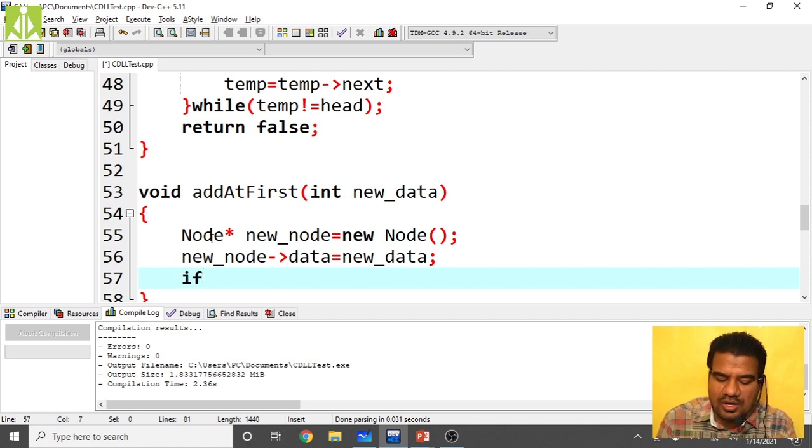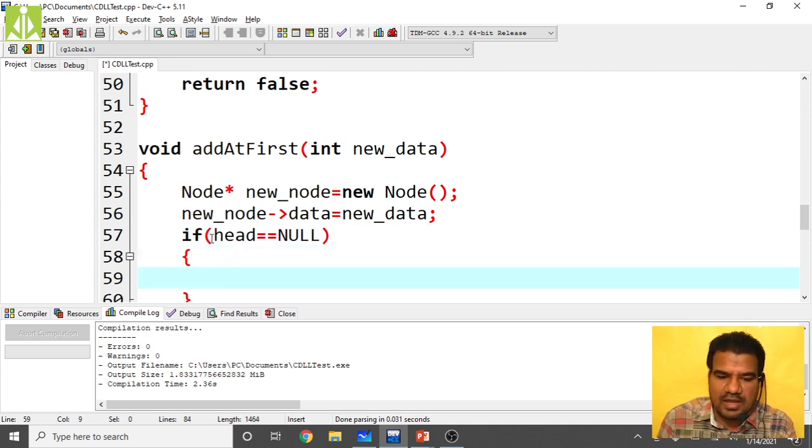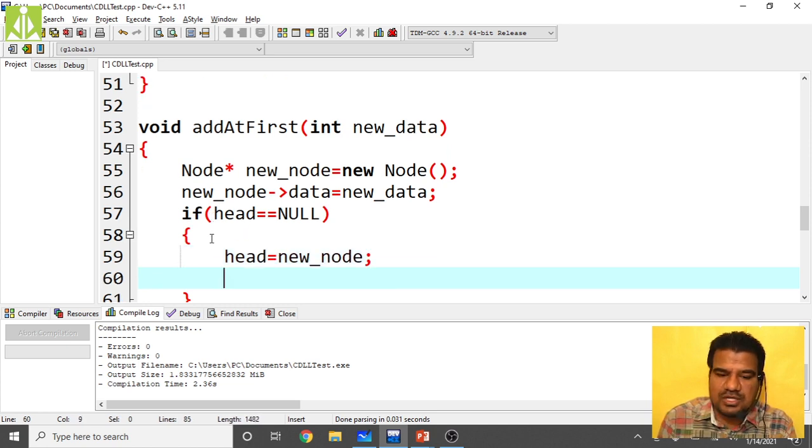So if my head pointer is equal to null, then add this new node as the only node inside your doubly linked list. First of all, make the head as the new node, because if it is the only node, that node will become the head node, isn't it?